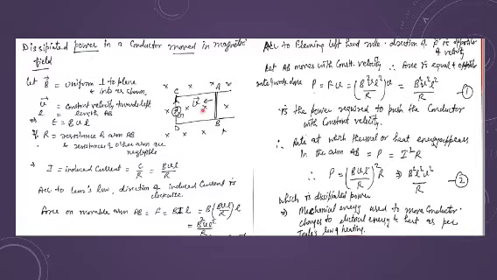Now again, when you are moving the rectangular coil in the uniform magnetic field, we want to derive the expression for the dissipated power when a conductor is moved in the magnetic field. And of course, if they ask you to prove that this movement is occurring in accordance with the conservation of energy, the same mathematics is to be done for that also. So you need to understand this whole mathematics.